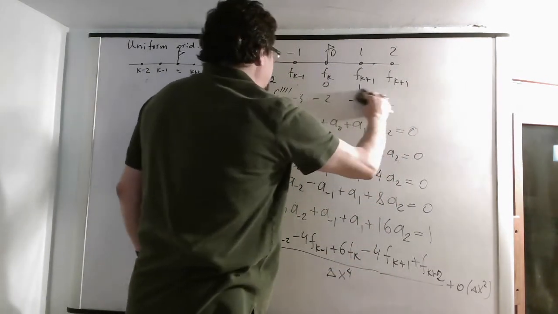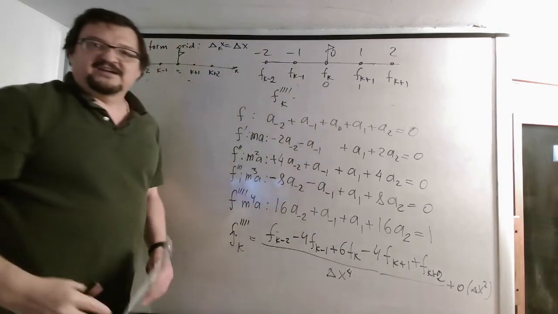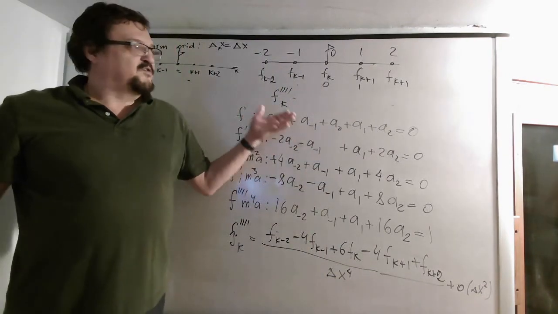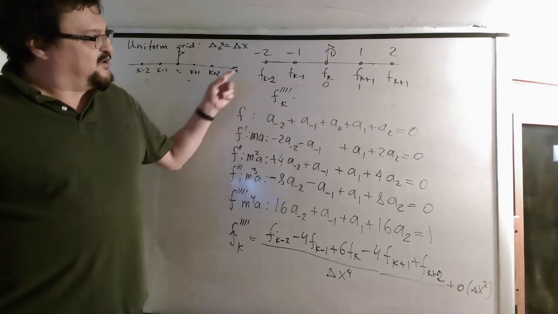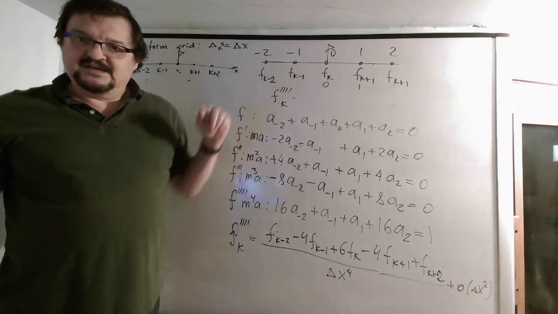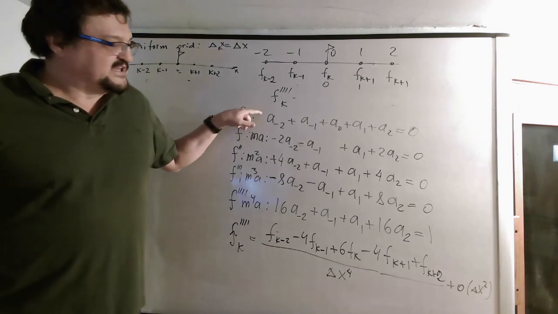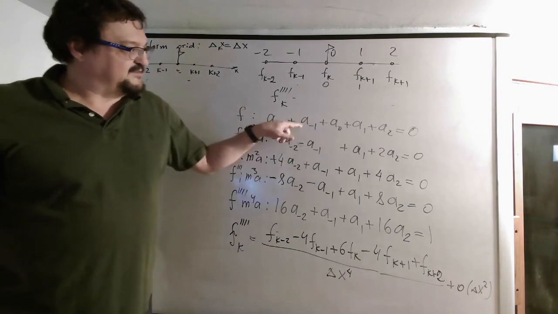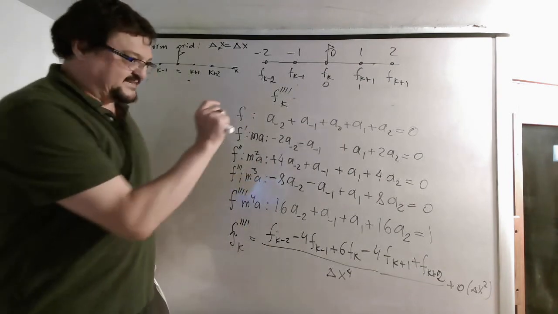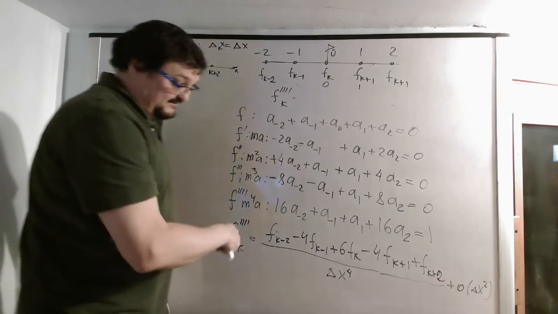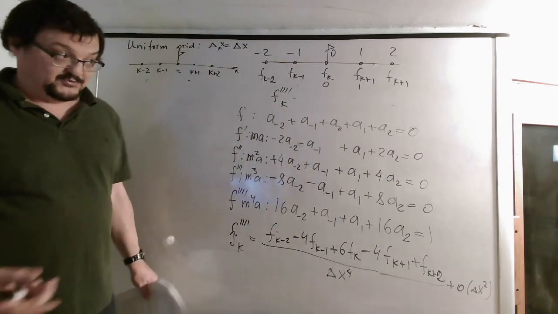Okay, so that's, I think, a very cool method of deriving derivatives of any order. But this is all very simple like this only when you have constant grid spacing. Of course, you can generalize, but then you will have a matrix that doesn't have only these simple a's, but also combinations of some grid steps divided by grid steps. So in general, you can write this matrix and then invert it on a computer using a LAPACK